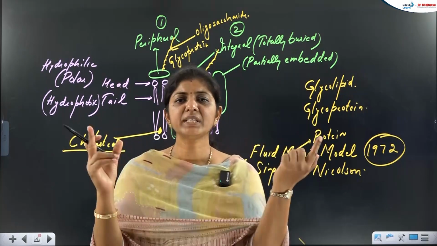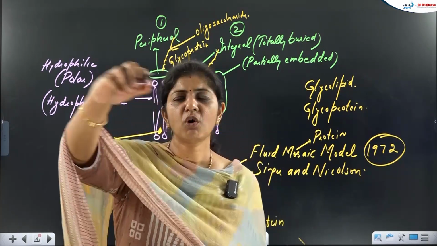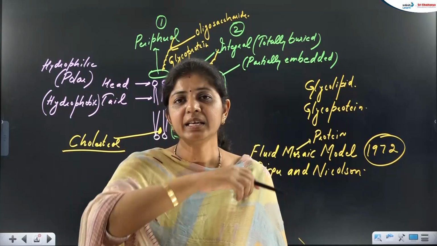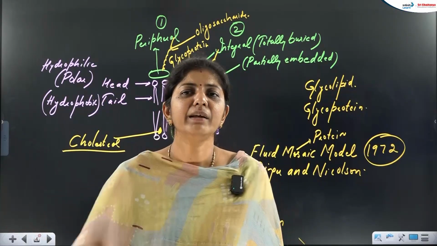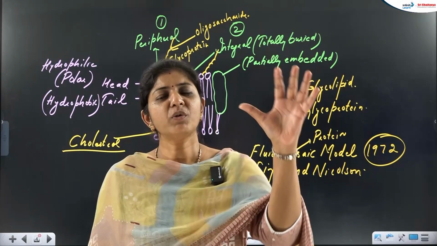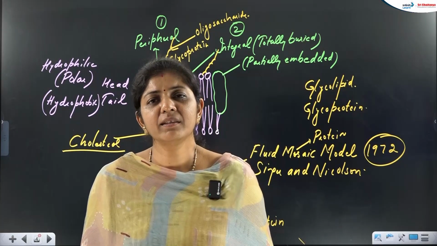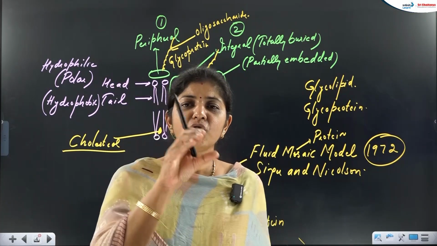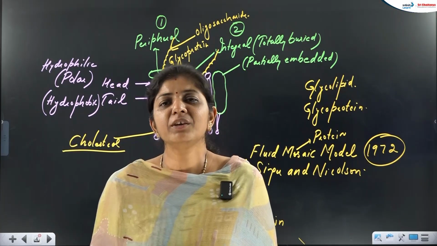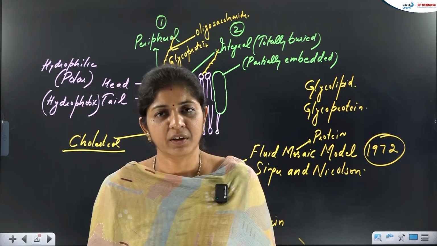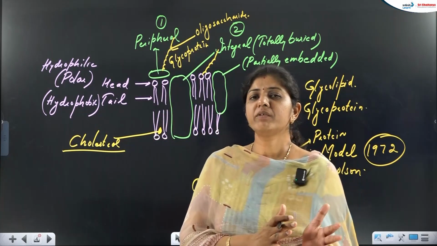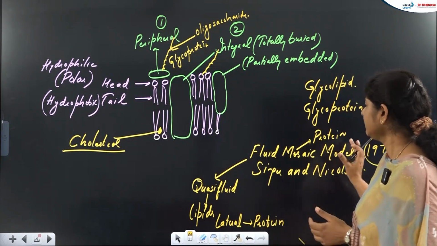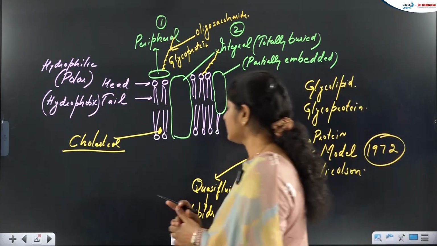Like suppose your room is there. The wall of the room is like a cell membrane, it is in continuity. This is like a lipid bilayer. And in between you have doors and windows. What are they? They are like proteins. So proteins are not continuous, they are in the form of patches. That's why you call it the mosaic model, right? So who gave this modified and most accepted model of the cell membrane? Singer and Nicholson.